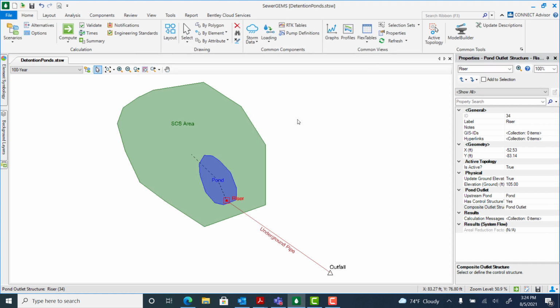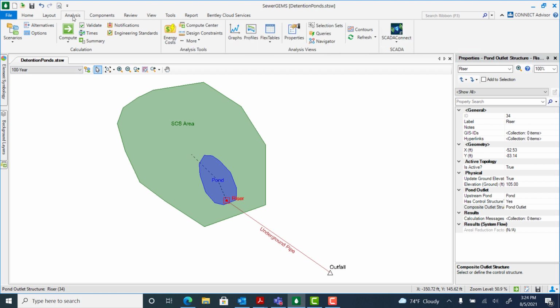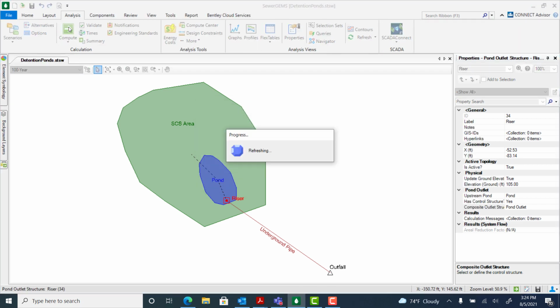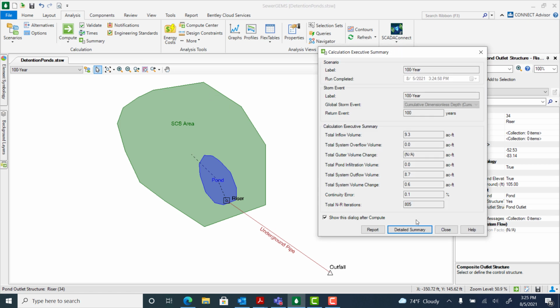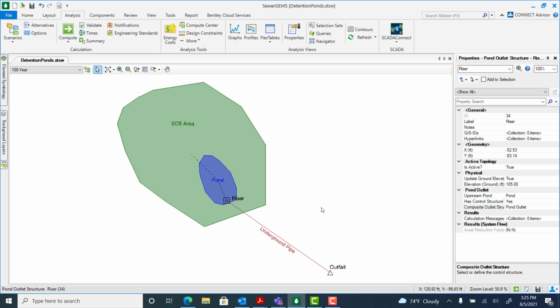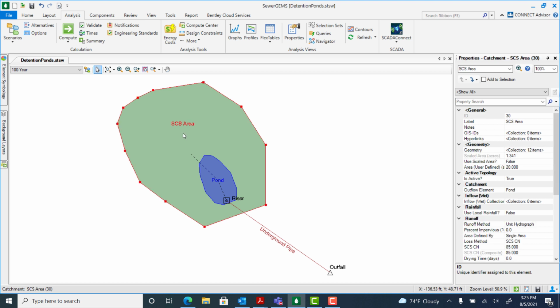Now we are ready to compute the 100-year scenario. To do this, we can select Analysis, Compute, and you can close the Calculation Executive Summary when you're done. Next, we are going to graph the flow out of the SCS area and the pond. To do this, we will select each of these elements while holding down the Control key,